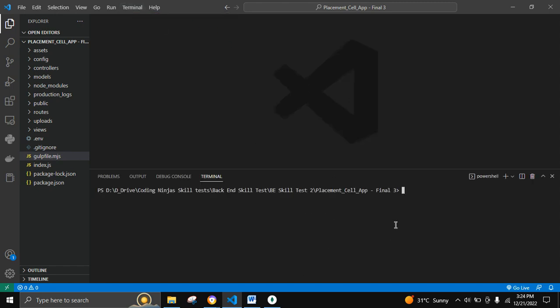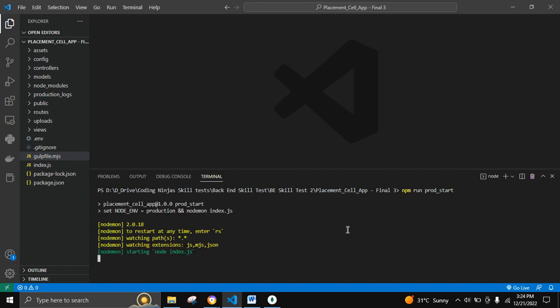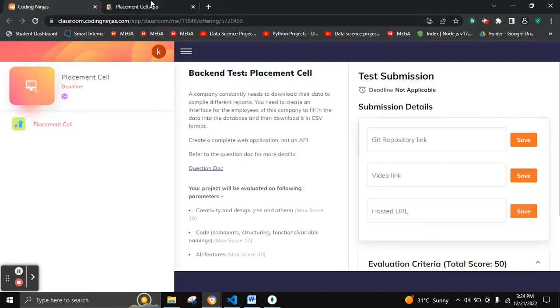Let's move on to run our project. So we can run it in production as well as in development. Let's run it in production mode. So here the connection has been established. Let's go on to the